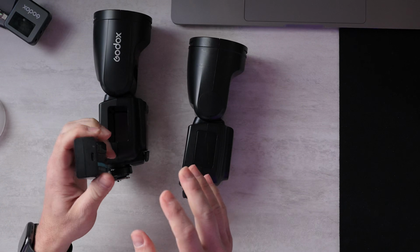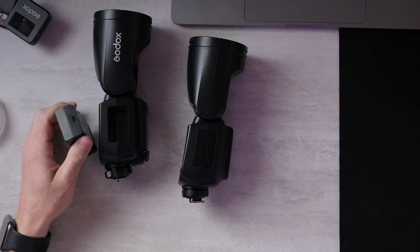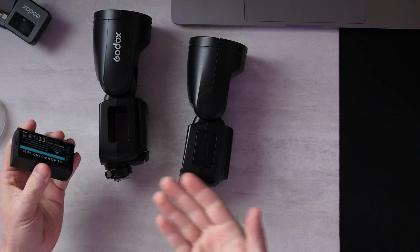It's not a super fast charge, but it's a tiny bit faster than the original and much easier to charge on the go. And you can even recharge it while it's in the flash, although I wouldn't really recommend doing that while it's in use. You're gonna get a lot more thermal buildup. Won't be very good for the battery, but if you're really in a pinch and you want to do that,